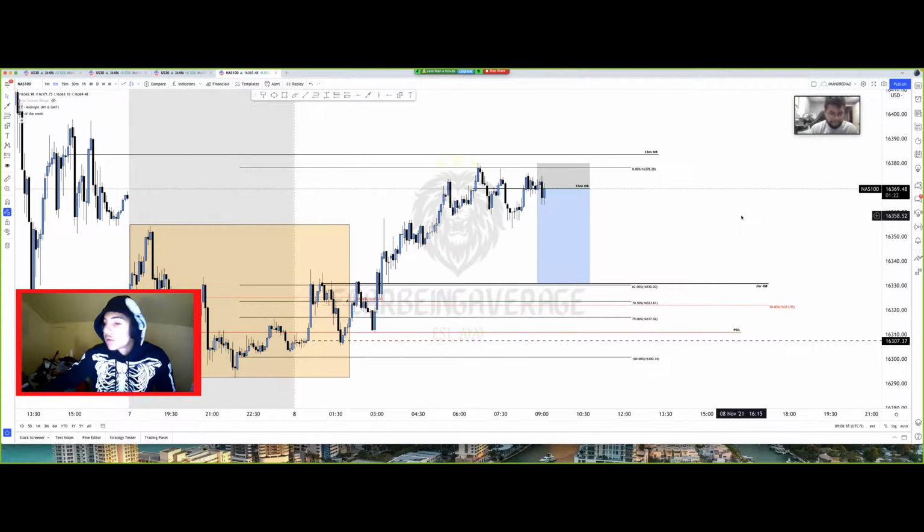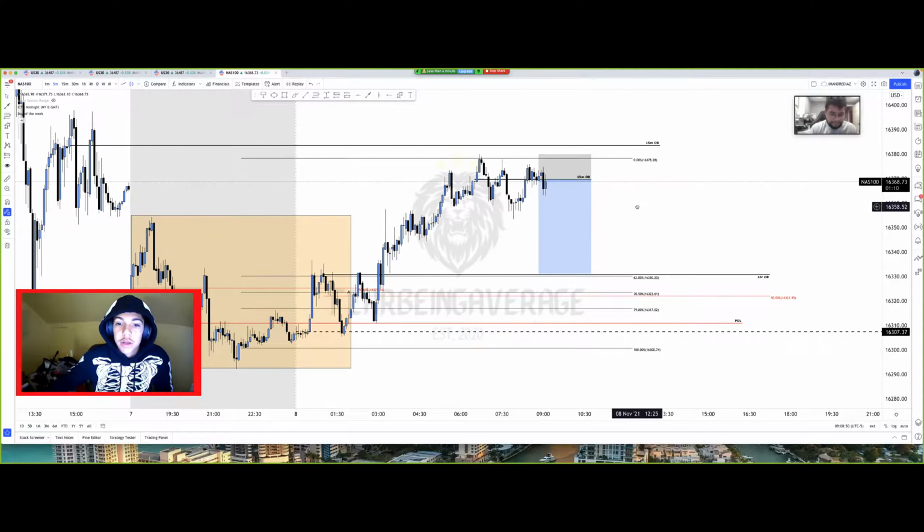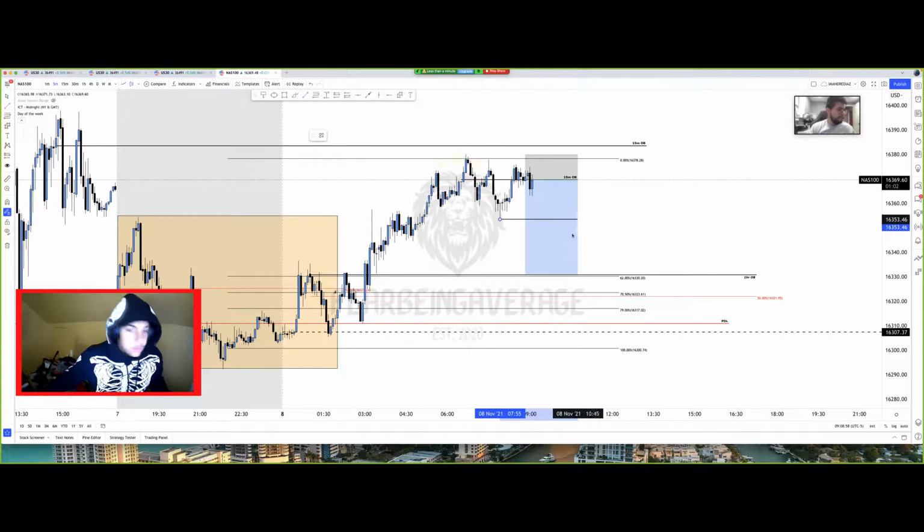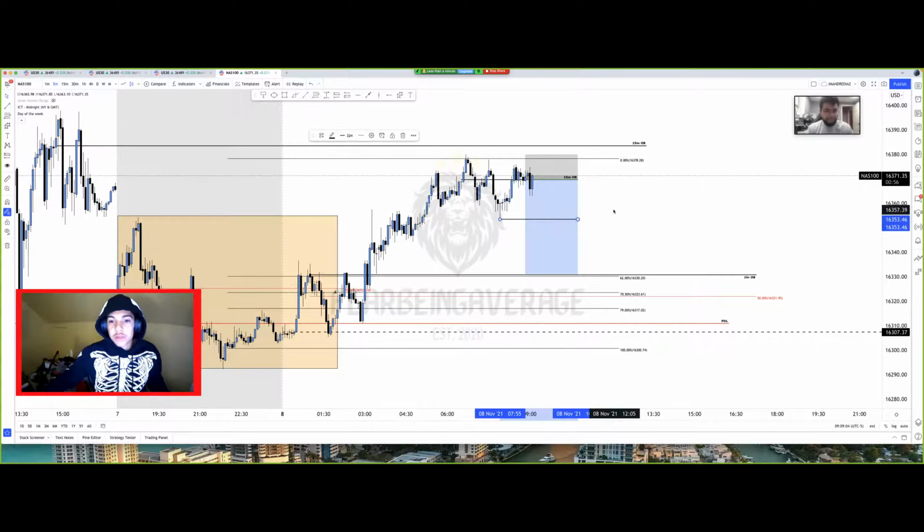So let's see. We got about 22 minutes until 9:30, so there is a chance price could easily go up before coming lower. But if it does that, it is what it is, and we take our loss and leave it at that. But right now we're anticipating price to continue lower to then break below these lows here, which will give us at least a 1 to 1 when we break these lows, but we gotta wait for that.